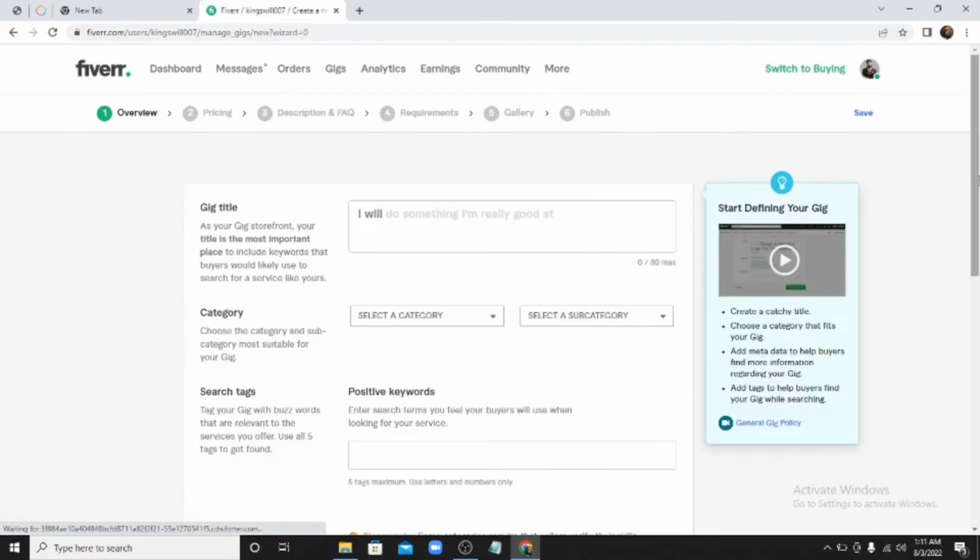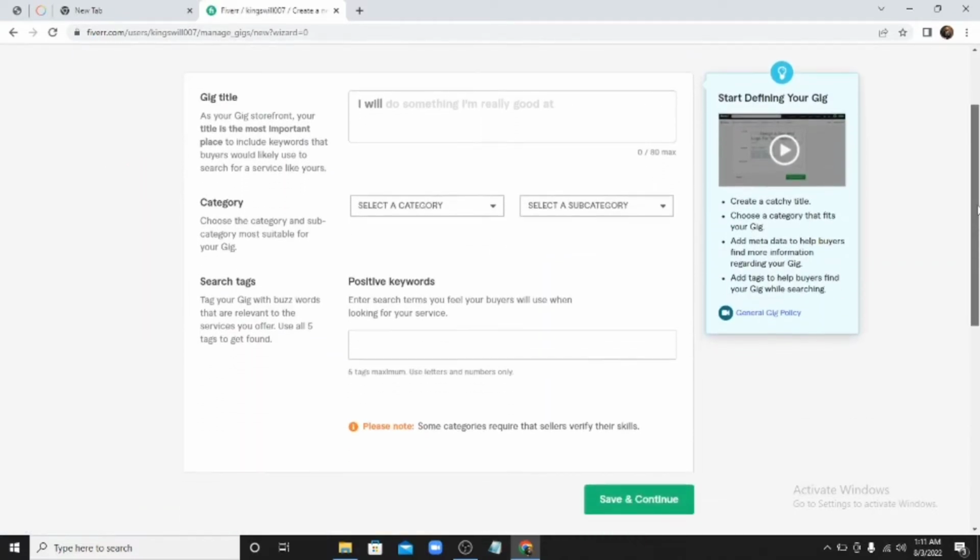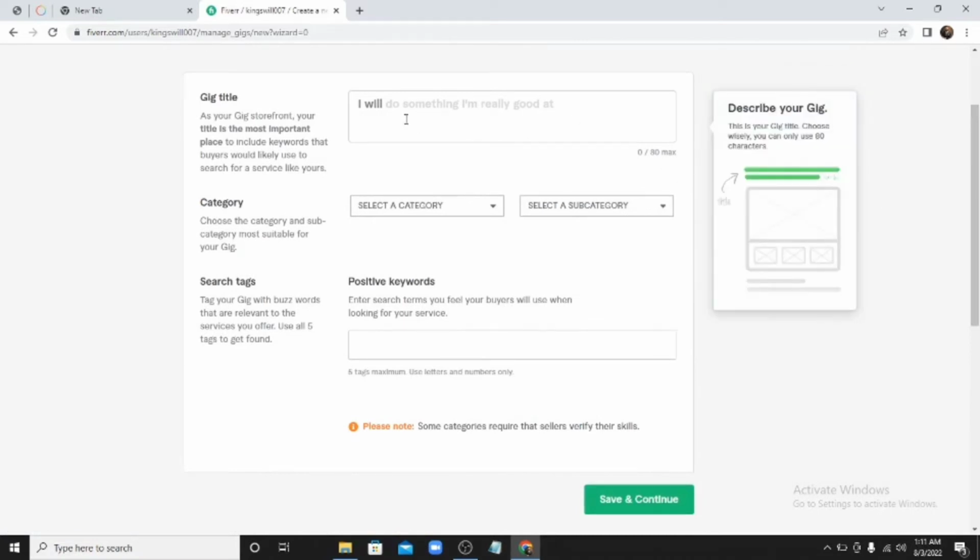And then once you come here, you'll be required to put up a gig title. So you want to put up something that is catchy, something that is very simple, and at first glance all of your prospective customers understand what it is that you do. So what I will just type in here is, I will create